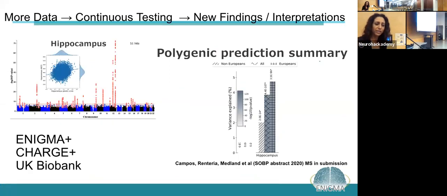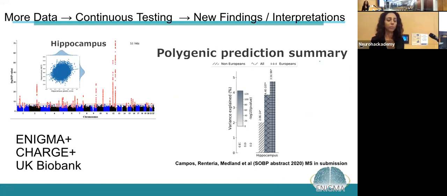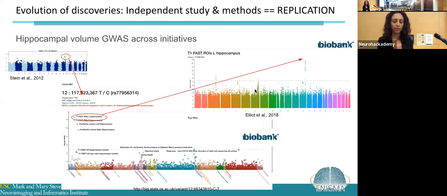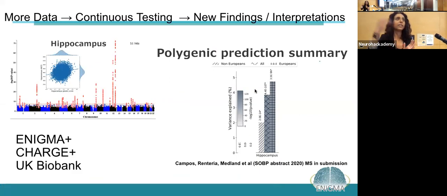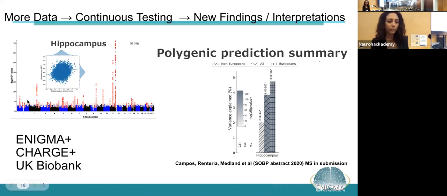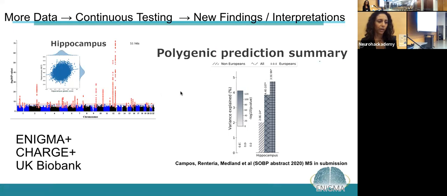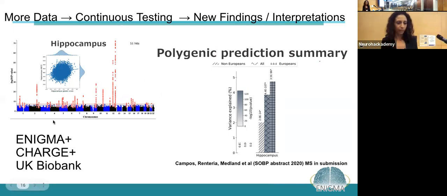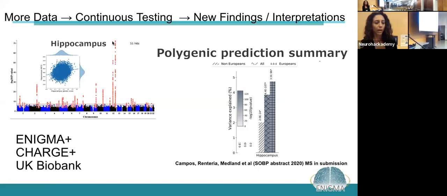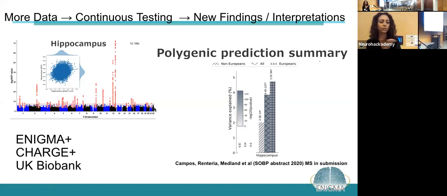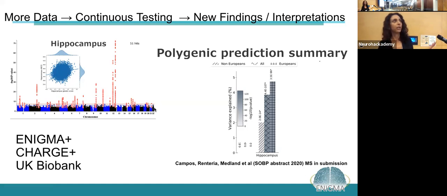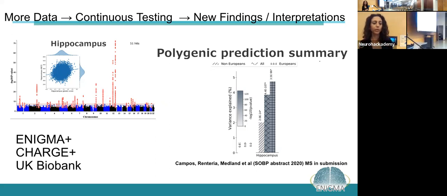And we're continuing to add more data. So instead of using UK Biobank as a completely independent replication, which this slide demonstrates, we can add UK Biobank into this association as well. And now these findings get even stronger, and we have, I forget the total number of samples here, I think it was over 50,000. We find more locations on the genome that are associated with hippocampal volume. So these might all be important targets for